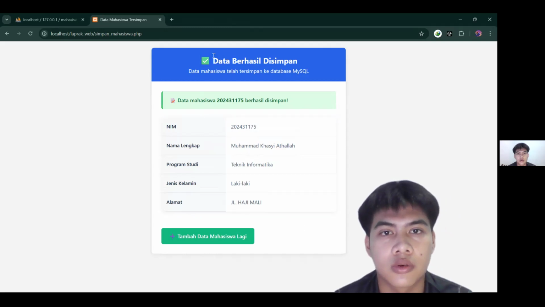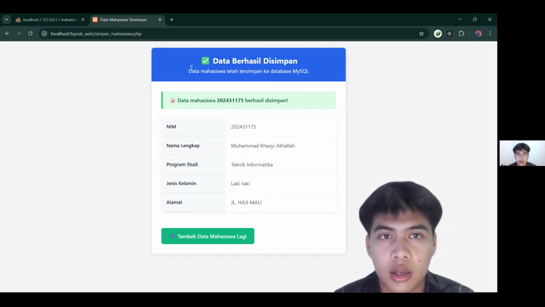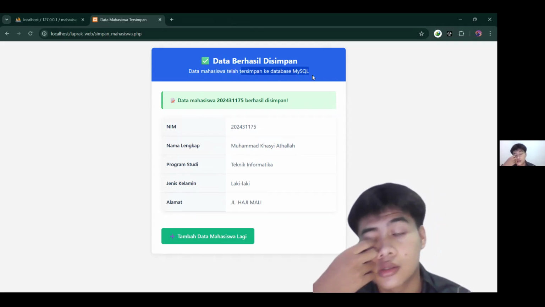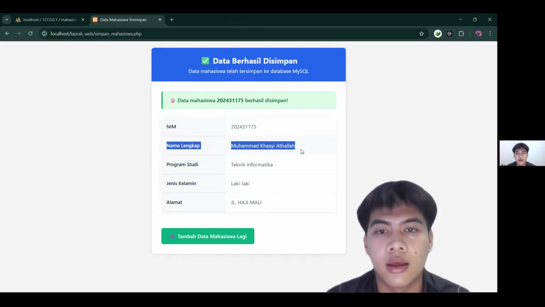And then when I click the simpan or save button, it'll go like this. It will say the data was saved successfully, and that the data of mahasiswa is already saved to the MySQL database. And it will show the information that the user submitted before.